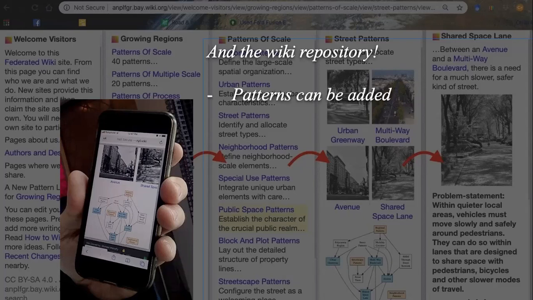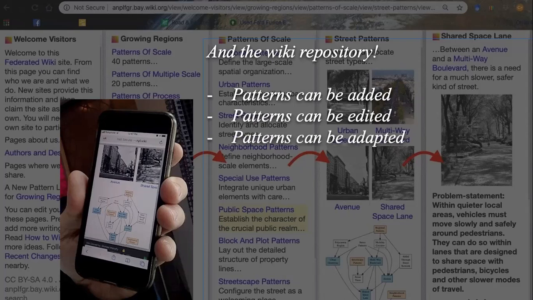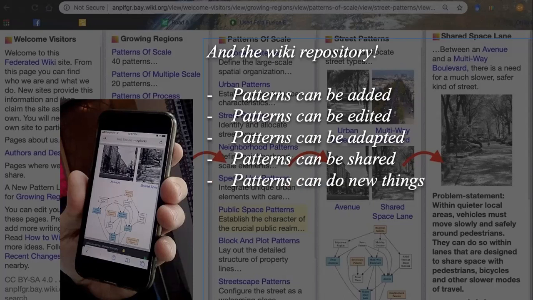You can add patterns to the wiki in that same spirit. You can edit the patterns. You can adapt the patterns to new uses. You can share the patterns with other people in other communities through what's called forking. This is the idea of federated open source technology. And then the patterns can do new things. They can do pretty much what any smartphone can do, or almost what any application can do nowadays. They can do